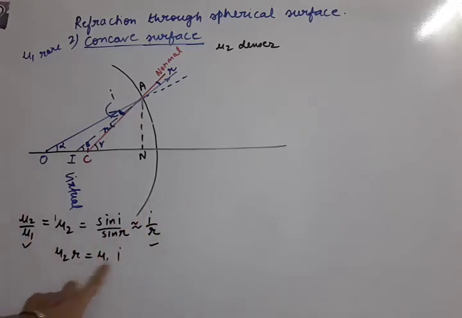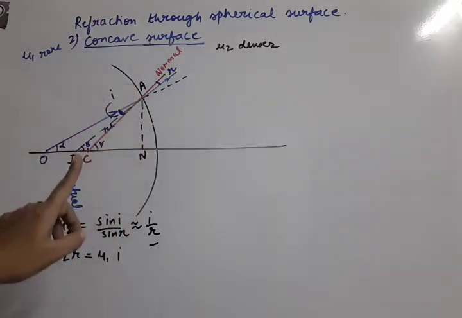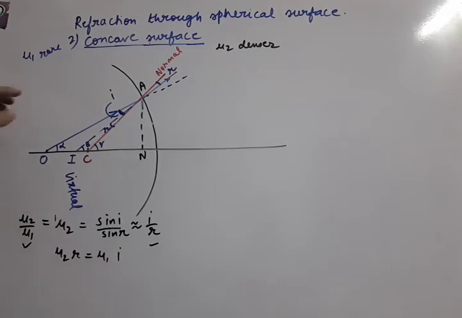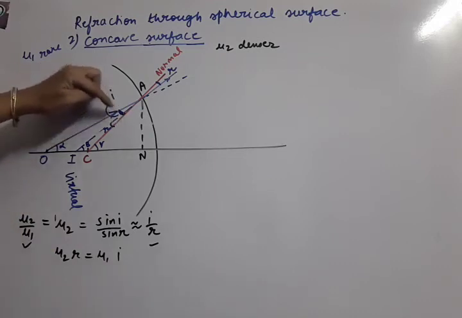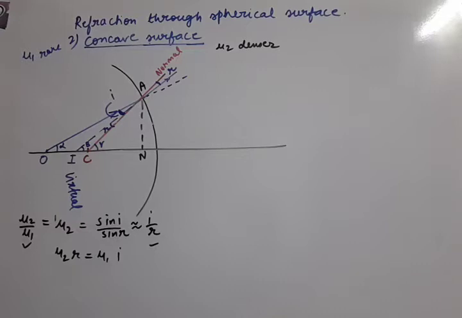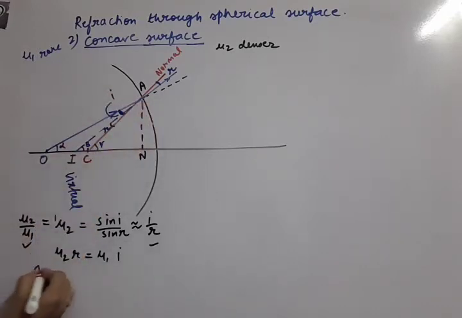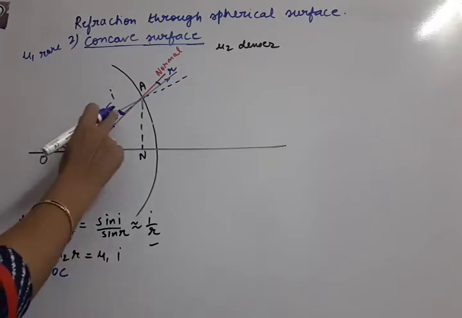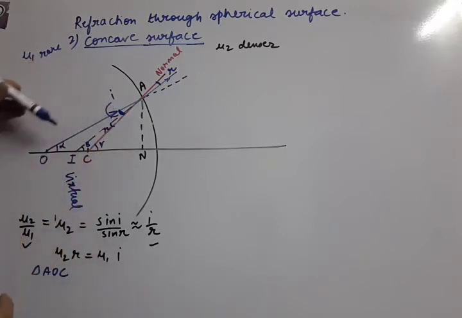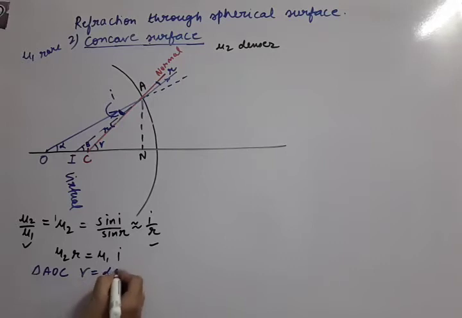After that, we have to find R and I from the diagram. So we have to take the help of the exterior and interior angle property. First of all, for angle I, you have to see this triangle AOC. In triangle AOC, angle I is an interior angle, the other interior angle is alpha, and for them the exterior angle is gamma. So gamma equal to alpha plus I. This way I equal to gamma minus alpha. I is solved.